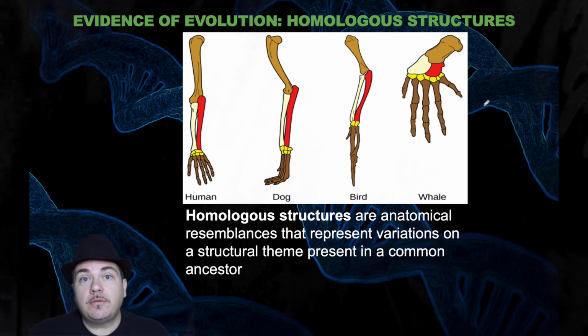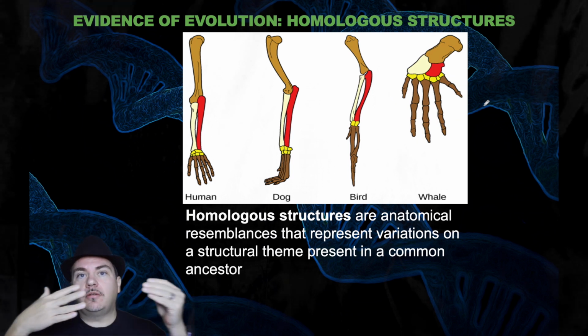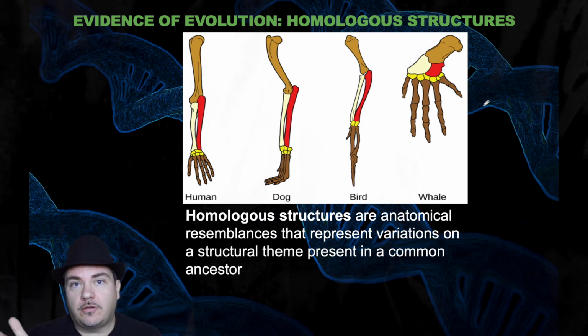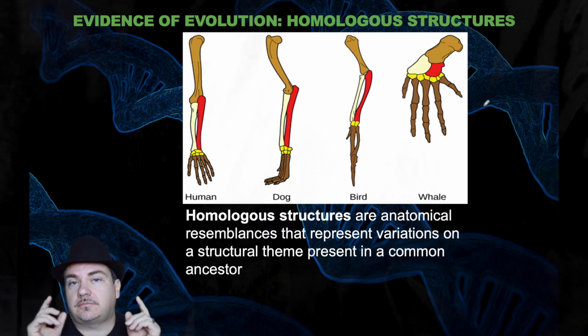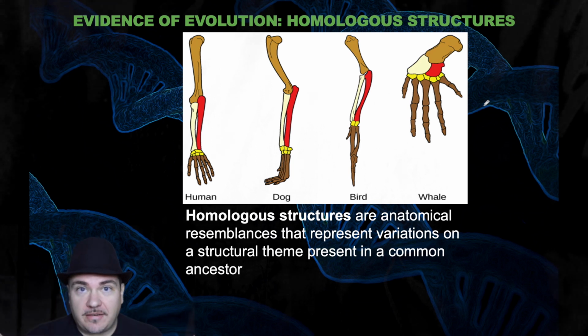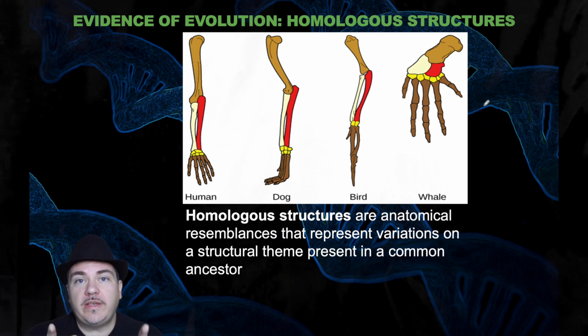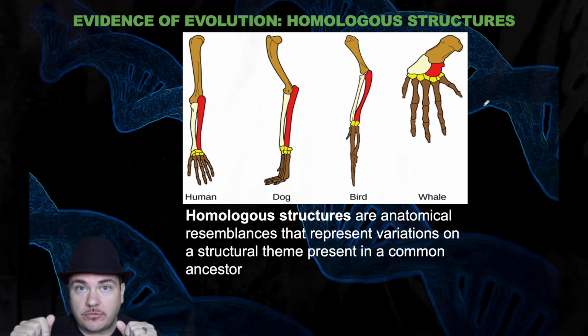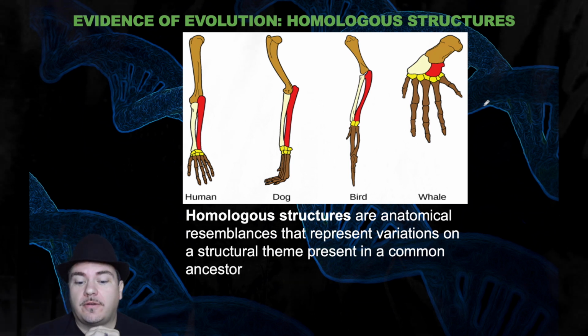Okay, those finger bones growing longer and longer is the exact same idea as the shade of the beetle shell getting darker and darker over time. It's just a much larger time scale, but the idea is exactly the same. There is no reason to have the same underlying structure in these 4 different limbs, except that they all evolved from an organism that had that basic bone structure. Okay, more evidence for evolution.